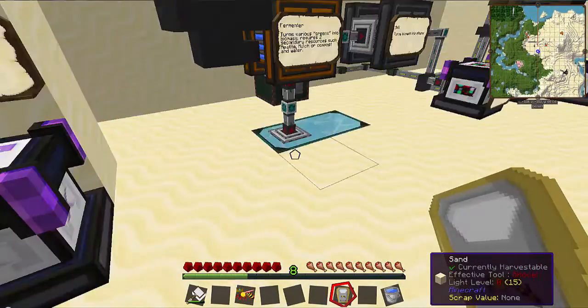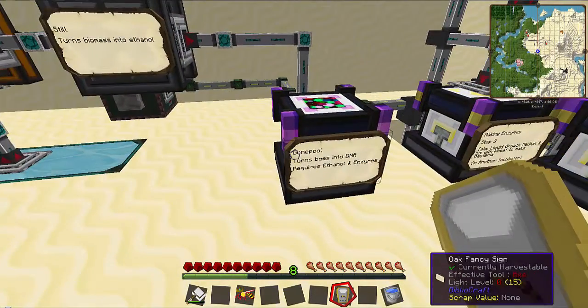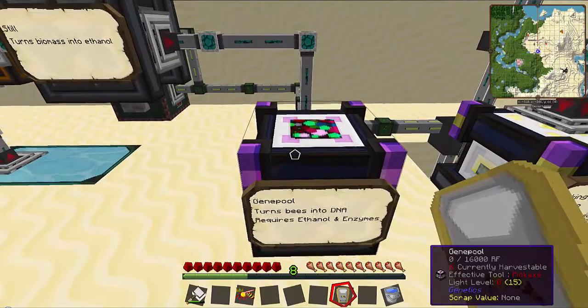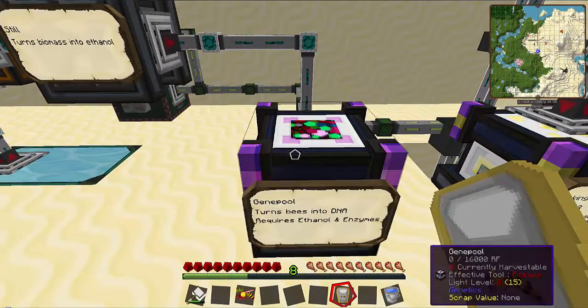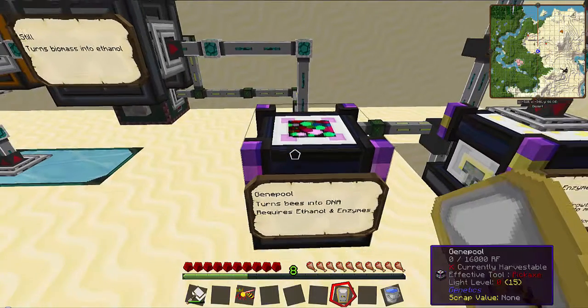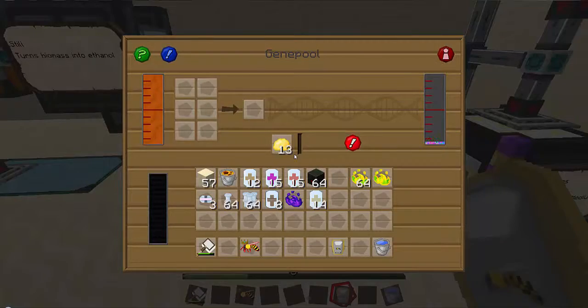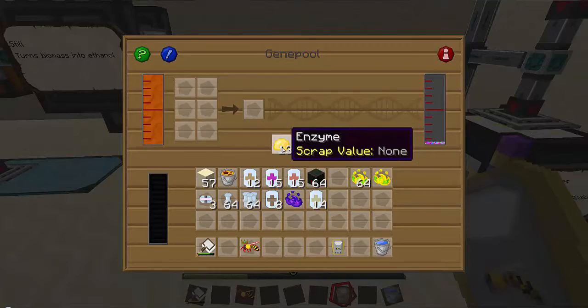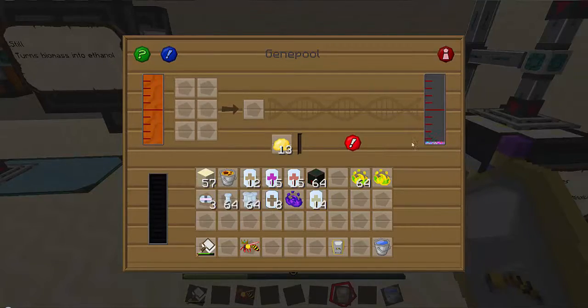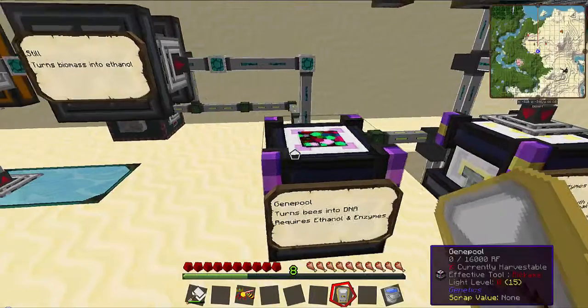And so on to our next block, and that is the gene pool, which, like the old gene pool, turns bees into raw DNA. It requires ethanol and enzymes. Okay, so you need liquid ethanol and enzymes, and of course power to make raw DNA. So let's see how we make